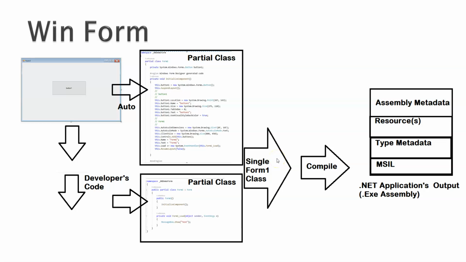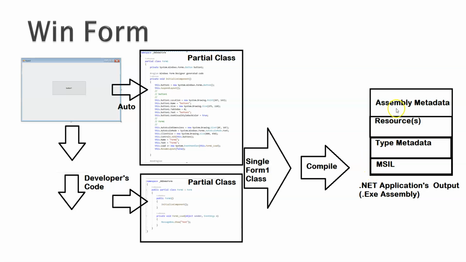So this is what we discussed so far. The WinForm application which you see is going to have ultimately all C# code generated. Partially it is going to be auto written and partially the developer writes it. Ultimately the partial classes are going to get clubbed as a single class, and that single class in C# is going to get compiled as MSIL, and MSIL is going to be one part of your .NET assembly, which we saw